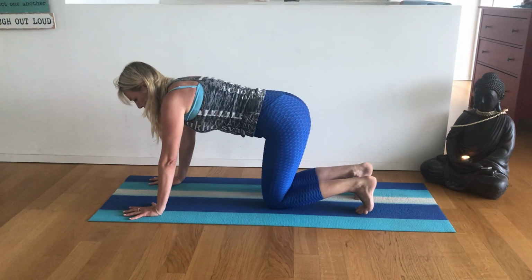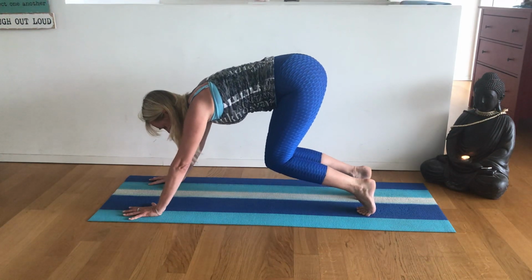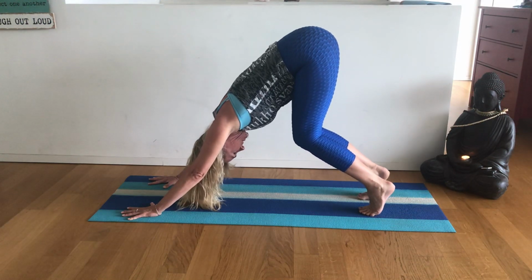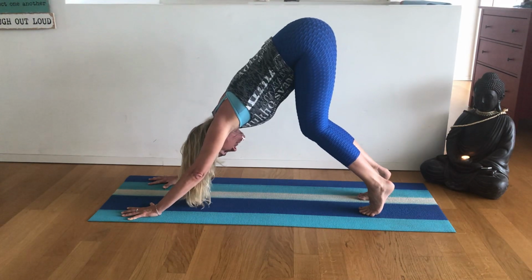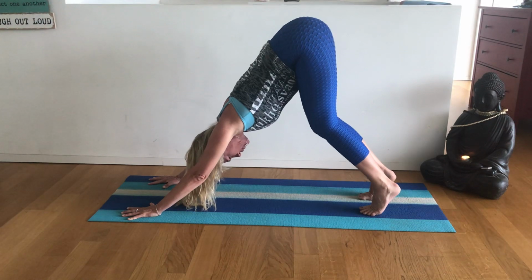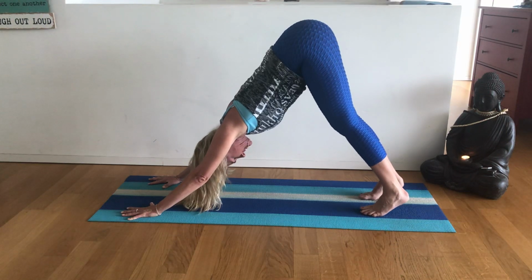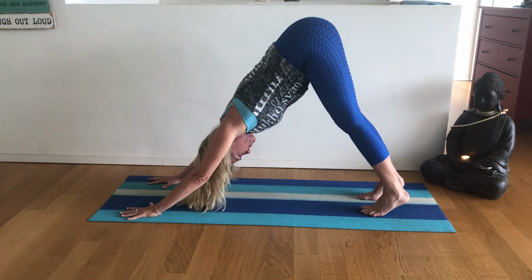From here again, navel to spine, we will lift the knees up. We press the chest towards the legs and we start to unfold like a flower that grows towards the light. I'm lifting the heels. The ears are in line with the upper arms. And it feels like I'm trying to pull the mat into 2 pieces. As I'm starting to stretch the legs back, slowly with intelligence, remember, intention, breath,